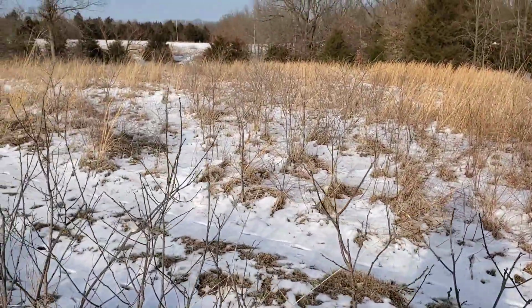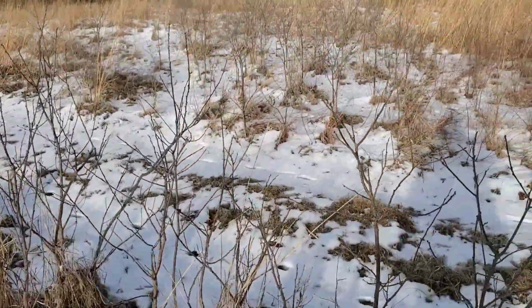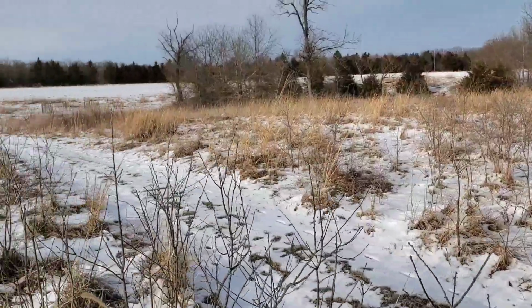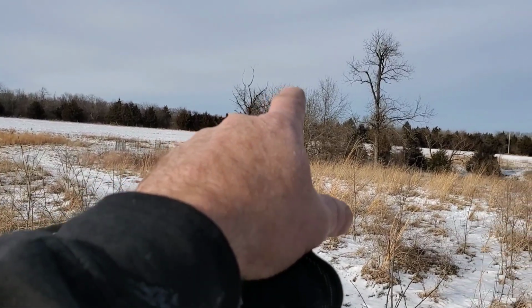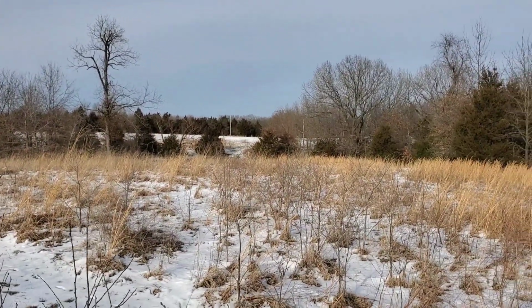But anyway, it's a little disappointing that some of this fescue just gets matted down and it's not brushing in like I hoped it would be. There's patchy parts, like there's a patch of blackberry, and there's some other sort of honeysuckle and different patches of stuff. I mean, it's starting to come in, but